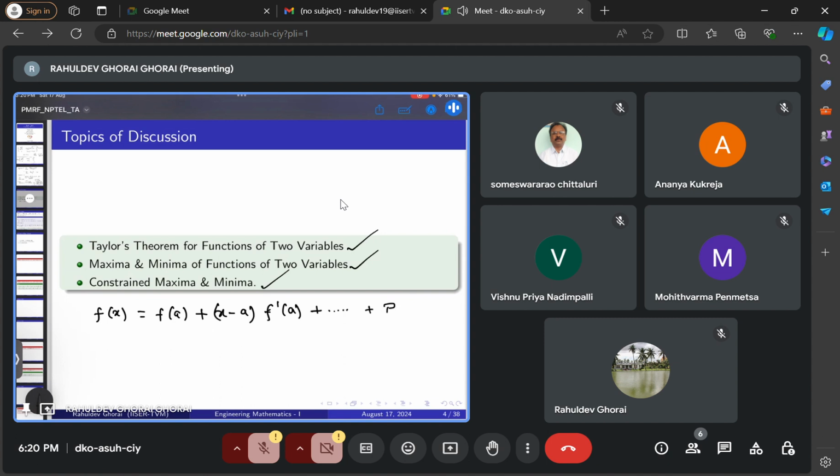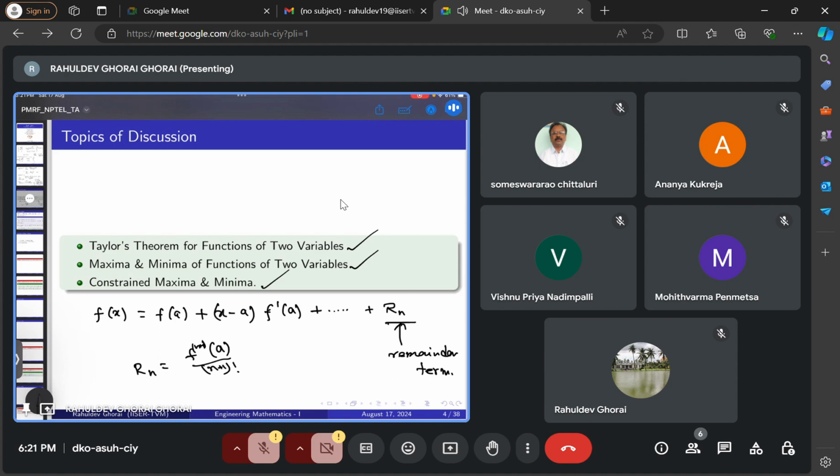Otherwise we will have a term like Rn, and this is called a remainder term. We have seen these things already, and this Rn will look like this: the n plus 1 times derivative of f at the point, over n plus 1 factorial times this